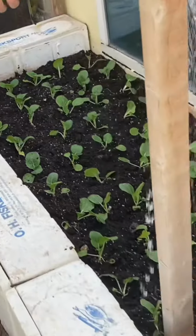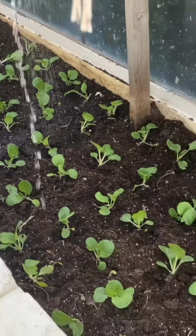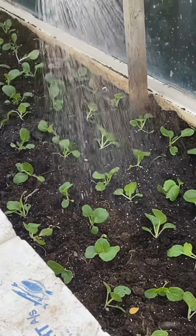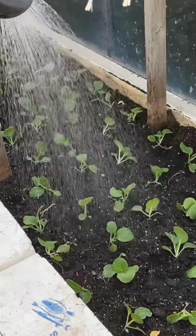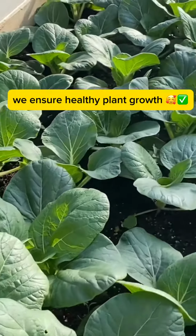And number 3, watering the plants. Daily watering is essential to keep the plants hydrated, especially in a rooftop setup where they are exposed to extreme heat of the sun. Yun po, by doing these 3 simple steps, we ensure healthy plant growth ng mga halaman